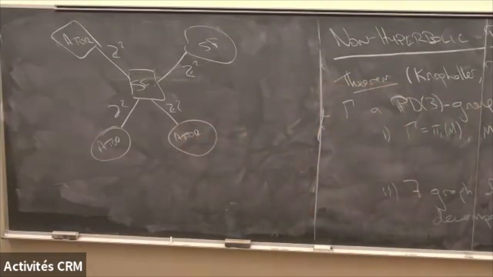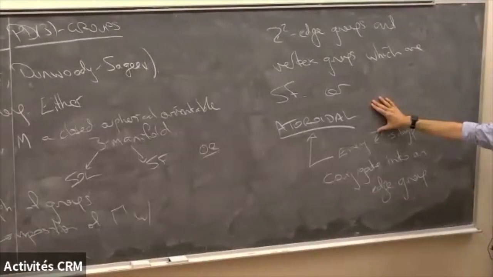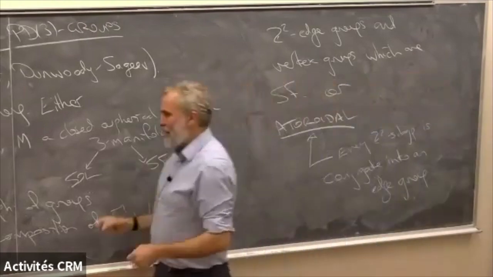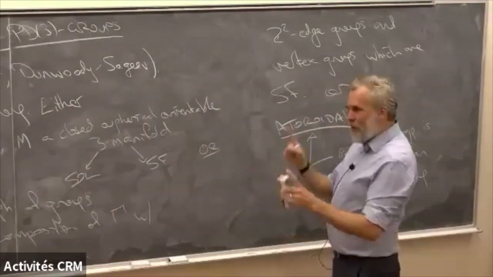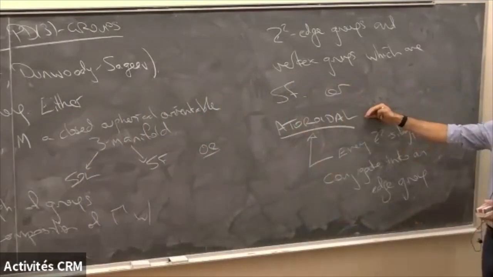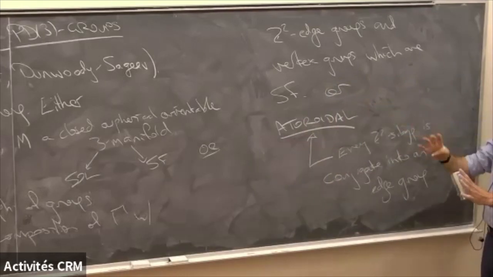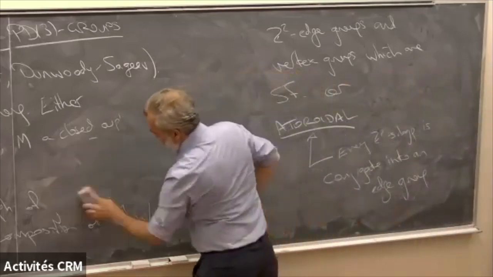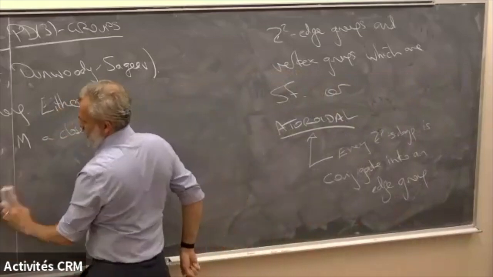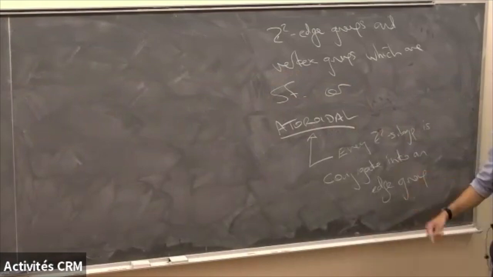Yeah, Dave. No, the trivial graph of groups decomposition, where there are no edge groups and one atoroidal vertex group, is allowed. That answers the question of what I'm going to do with my last 5 minutes. There's two things I want to do. One is make explicit how this reduces the problem to something about atoroidal things and exactly what that means. The other is to explain from a different point of view how little we know about PD3 groups. But maybe I'll start with the how little we know on Thursday. Yeah, conjugate by an element in the vertex group already.